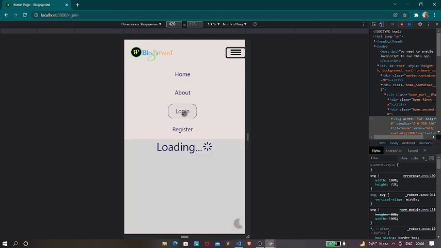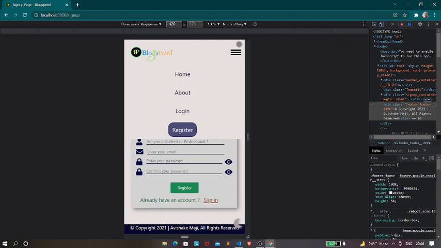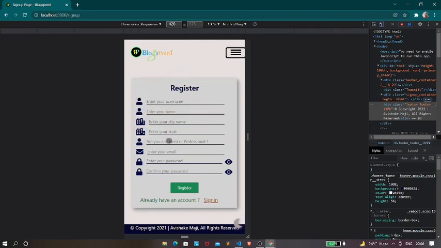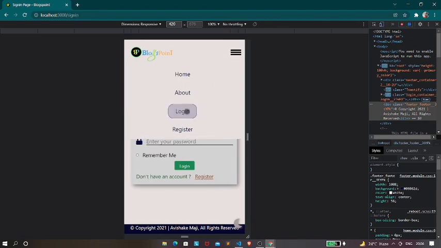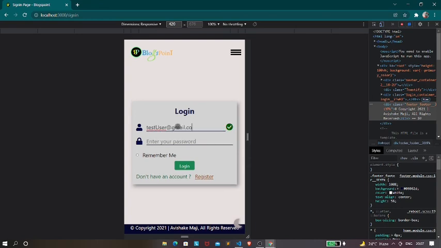And if I go to the login page, this is how the login page is going to show in the smaller devices. Now let's see the register page, and this is how the register page is going to look. Now let's log in to our website by giving the credentials.